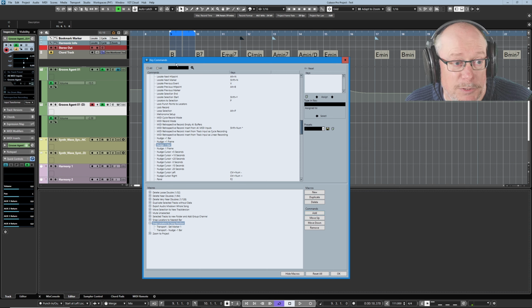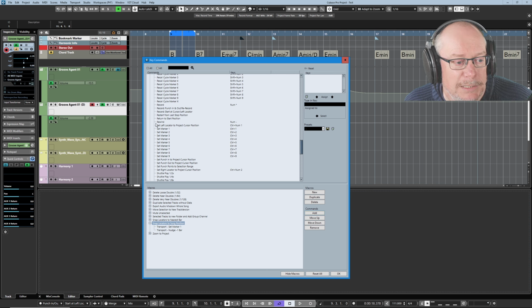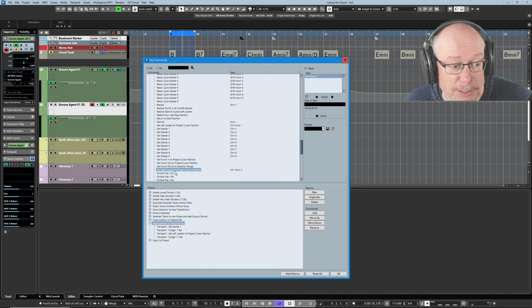The next thing I want to do is set the locator to bar 9. So set left locator to project cursor position. Excellent. Let's add that. Now I want to move the song marker forwards 1 bar. Nudge +1. Set the right locator to project cursor position. Do that. And then finally,